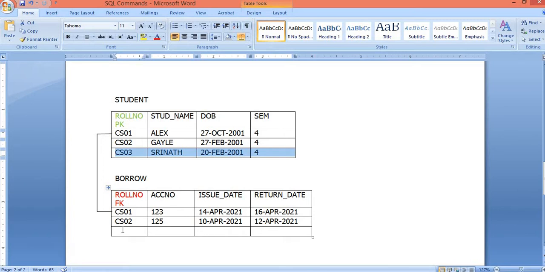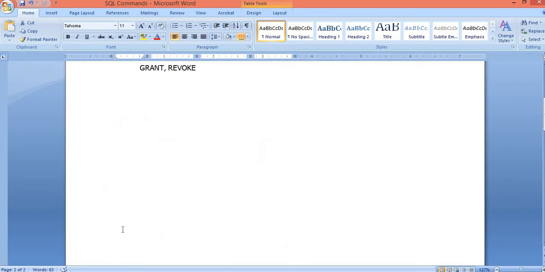The first constraint is whenever you insert a record in the child table, the record will be inserted only if the record is related with a record in the parent table. The second constraint is whenever you try to delete a record in the parent table, the record will be deleted only if the record is not being related with any record in the child table. So hope you feel comfortable with this primary key and foreign key.